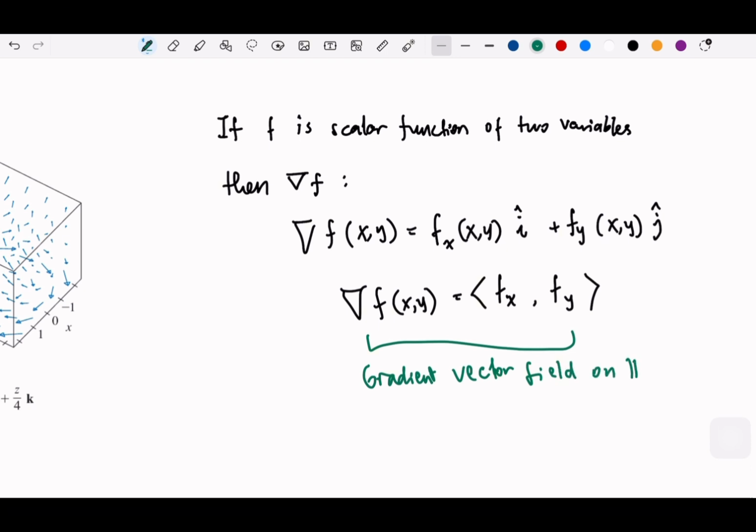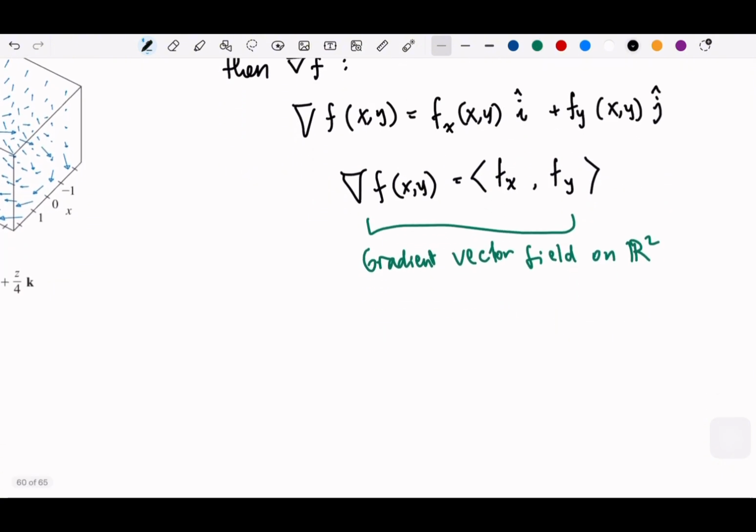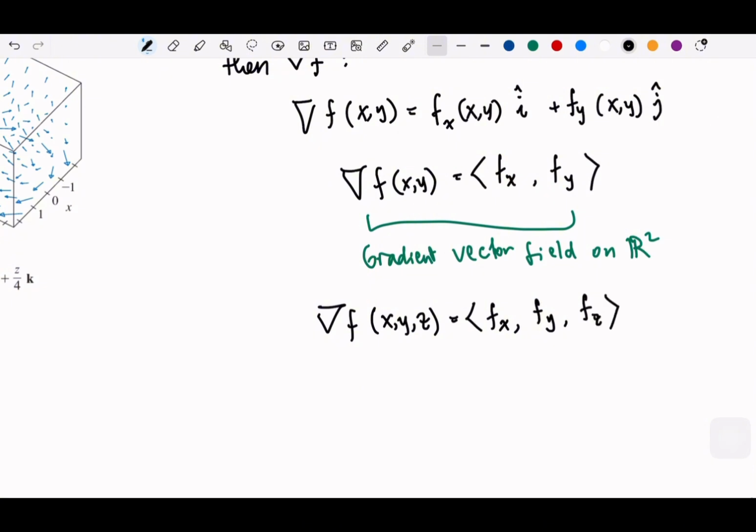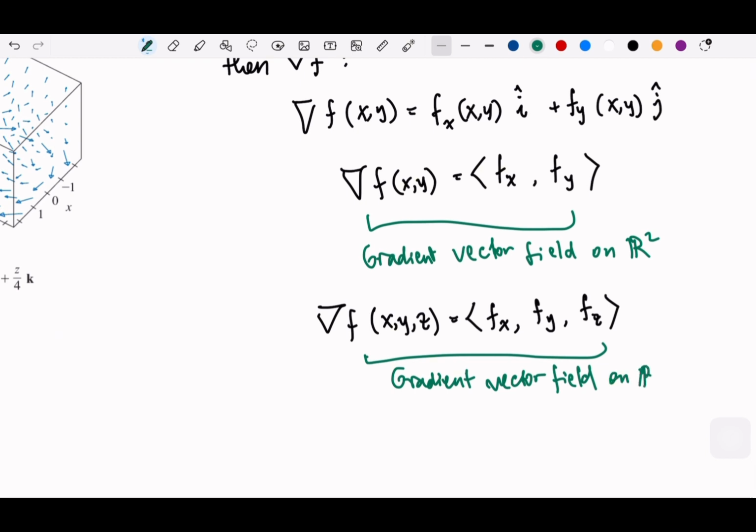On 2 dimensions. And of course, if we have 3, we can have it like that. So this is the gradient. Okay. Now from this gradient vector field,